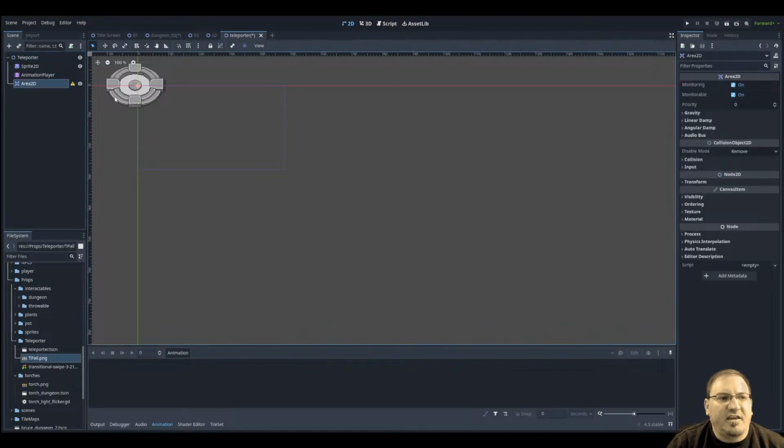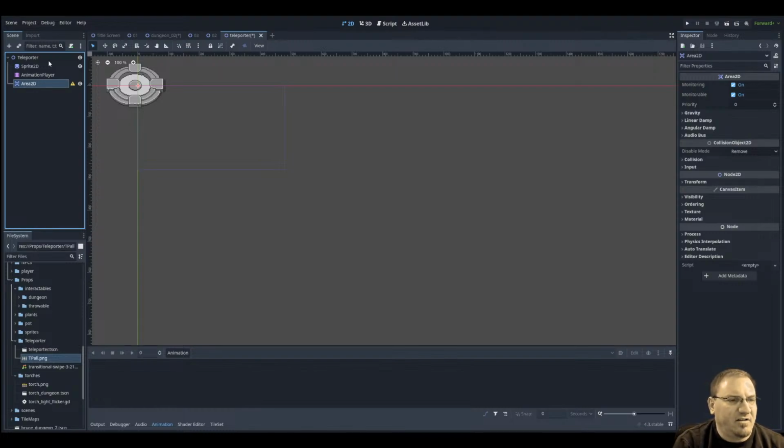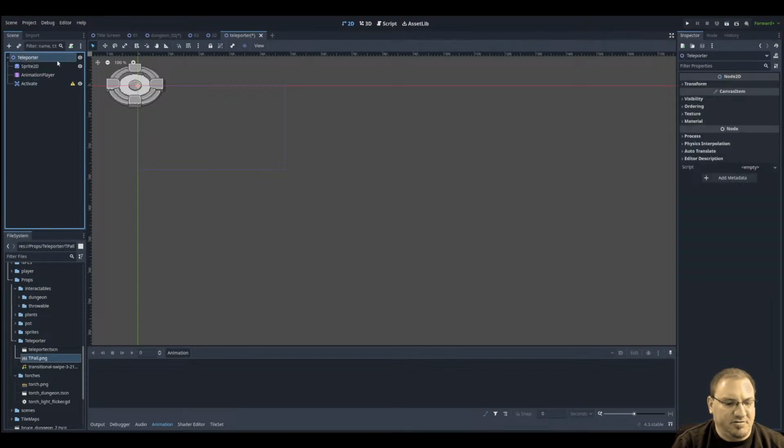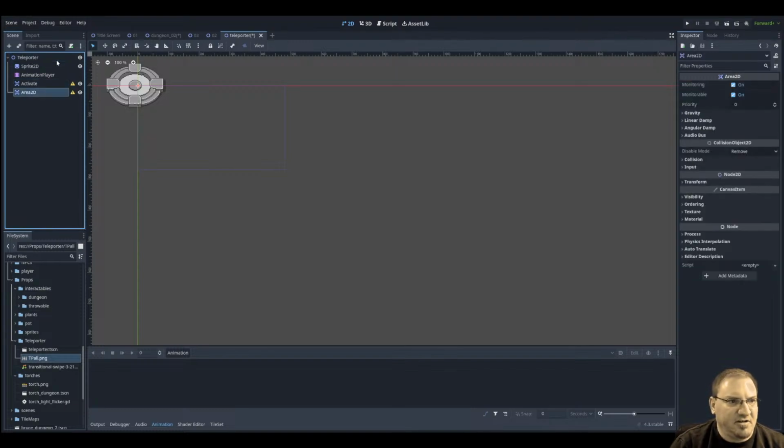I think I'm just doing this on the fly, so I think what I want to do is try to get it to light up when you come across the outside, but not teleport you until you get to the center ring. So I think we're going to have 2 of these. So I'm going to call this first area Activate. And then I'm going to add a second child node, or second area 2D, and call this